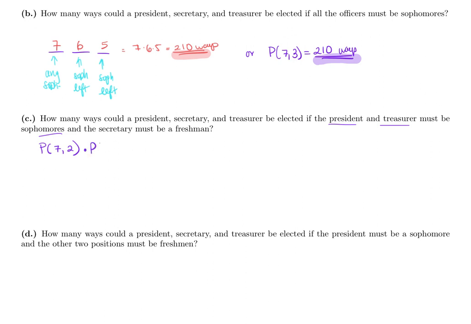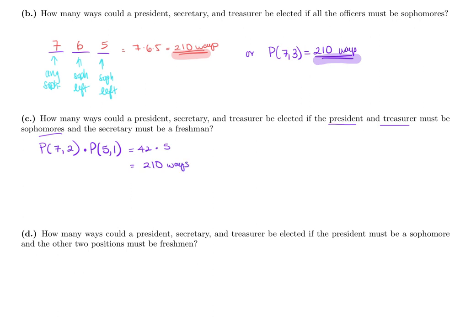And the secretary must be a freshman. We have 5 freshmen from which to choose just one. So we have a permutation of 7 choose 2 times a permutation of 5 choose 1. And our permutation of 7 choose 2 is 42. And our permutation of 5 choose 1 is just 5. So we end up again with 210 ways,